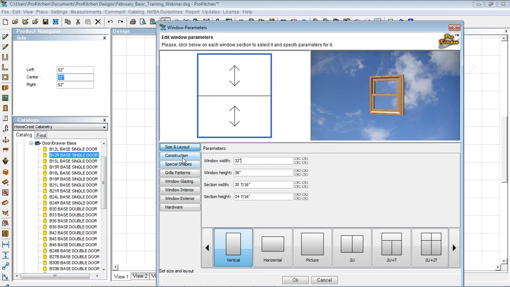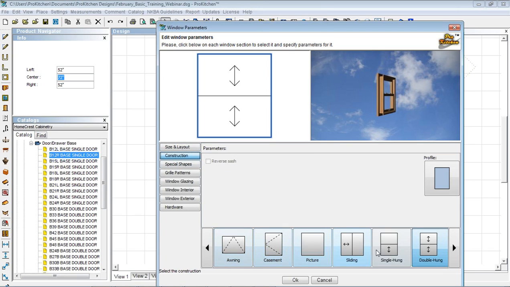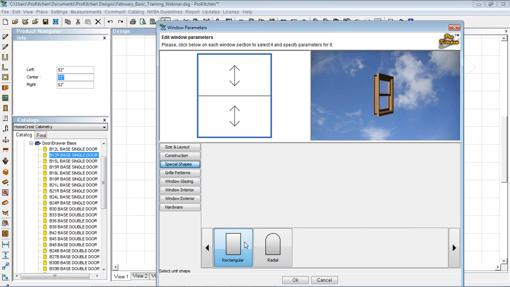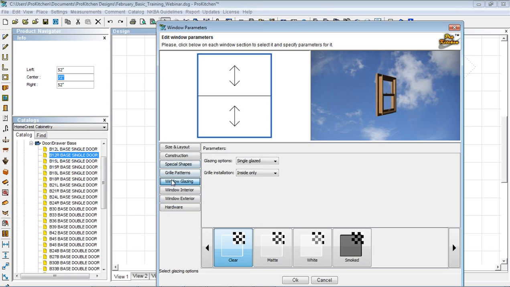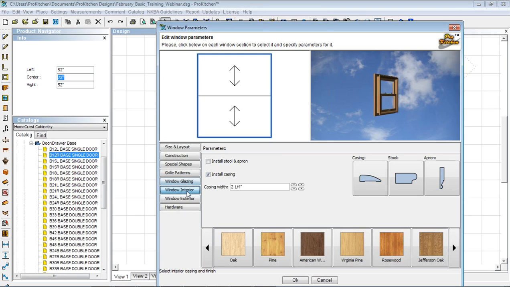You can change your construction, what style of window you want. You can grab a special shape, rectangular or radial. You can add window glazing so that it's a smoked window or white or matte, however you want it. You can edit the interior, so you can install stool and apron, which I'm not that familiar with, so I'll leave that out. You can change your casing width,